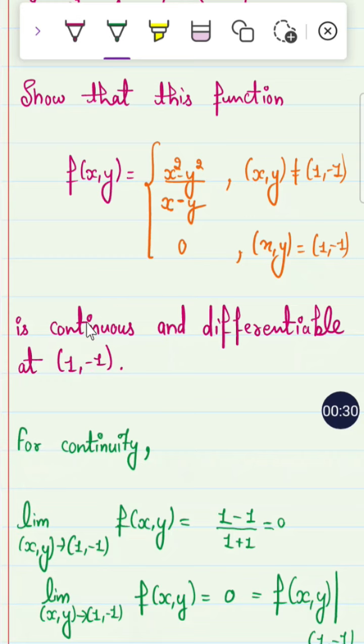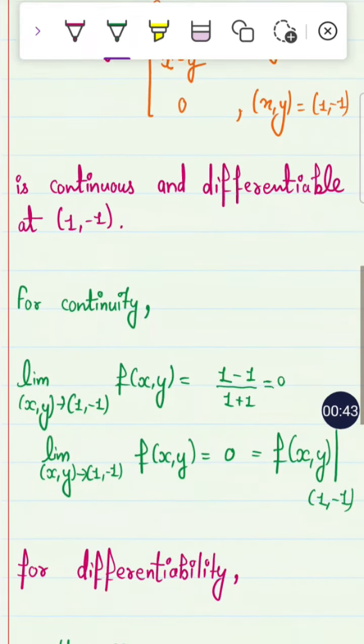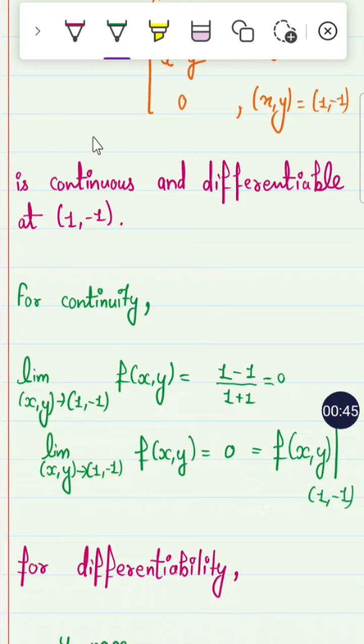We have noticed that it is asking for the interval continuity, not for the point continuity. So we have to solve for point to point continuity. That means at the end points of the interval. For continuity, we have to take the limit of x comma y tending to 1 comma minus 1, which is